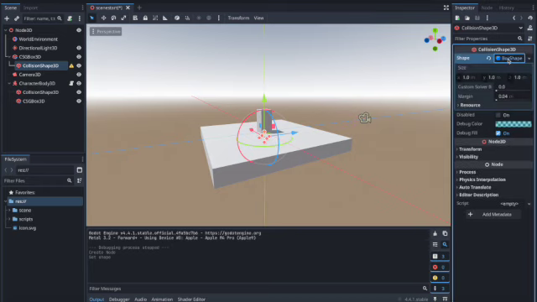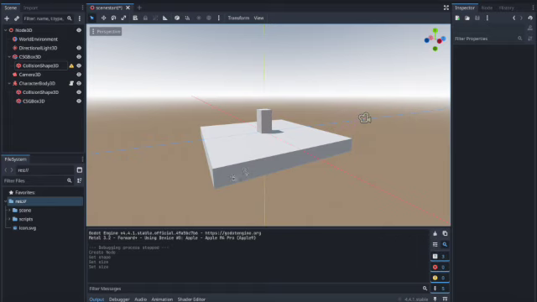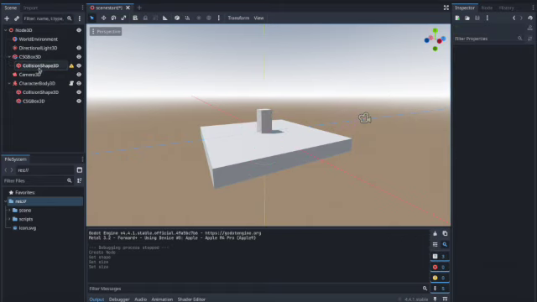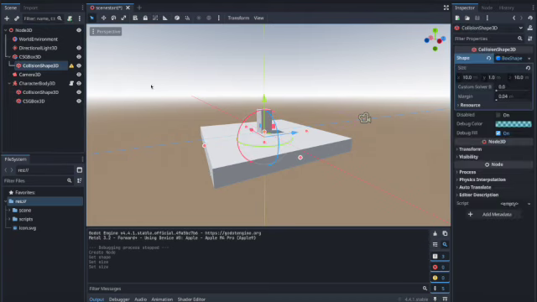And then after that you're going to click this box shape, and then you're going to make the same size as the CSG box. So X will be 10, Z will be 10. And then there will be some collision shape box over here. Then after that, wait for a while. Is it all set? Yeah, it's all set. After that